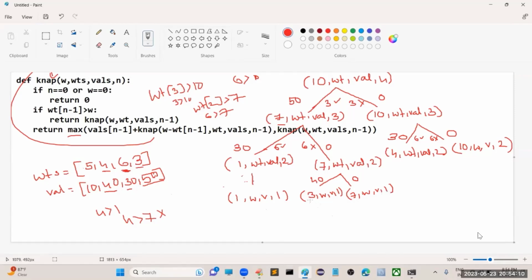Now what will happen here? So n value is 1. 1 minus 1, 0. In the 0th element we have 5. Is it greater than 3? Yes, condition satisfied. Then it will be called by passing the weight array and value array, n minus 1, that